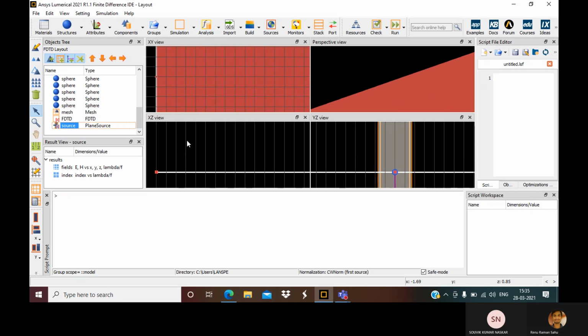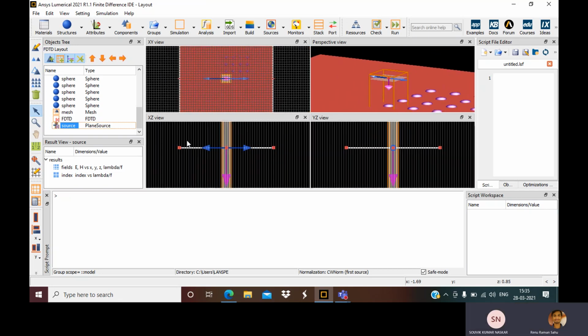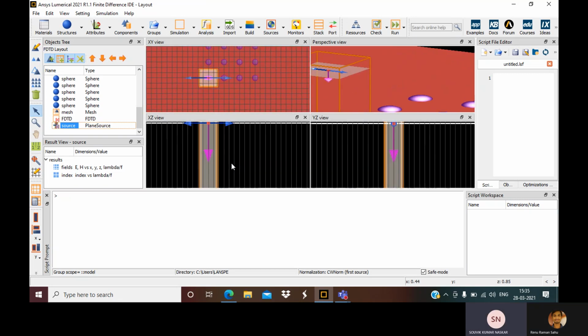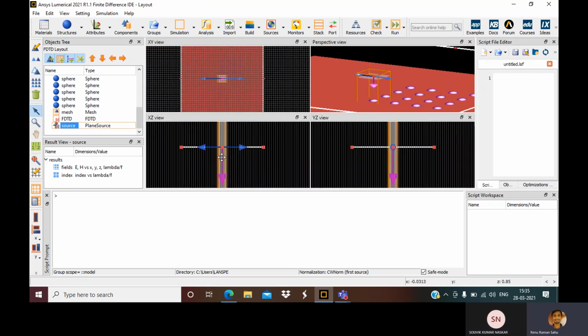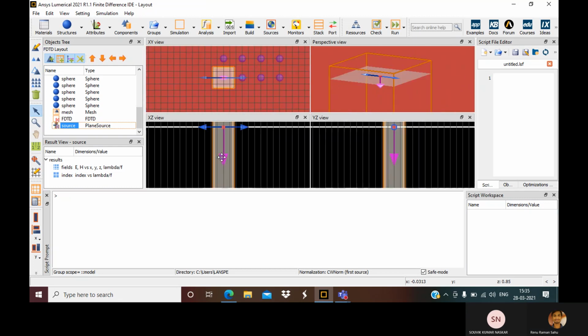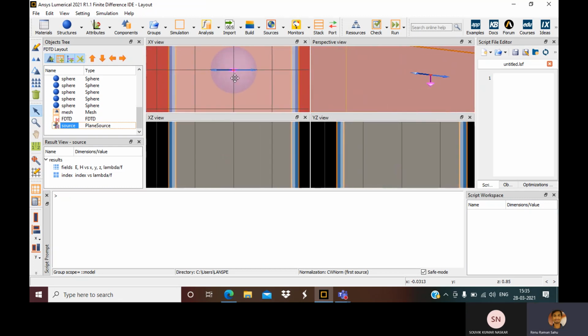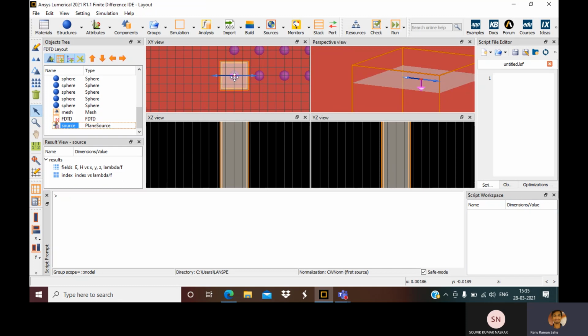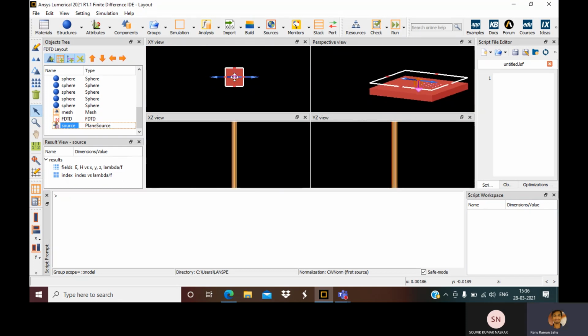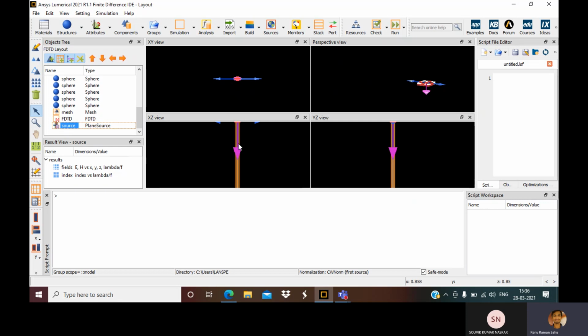Now what we have to do is add a monitor. Okay, this is so thin now.